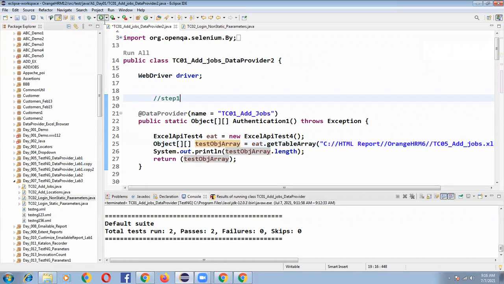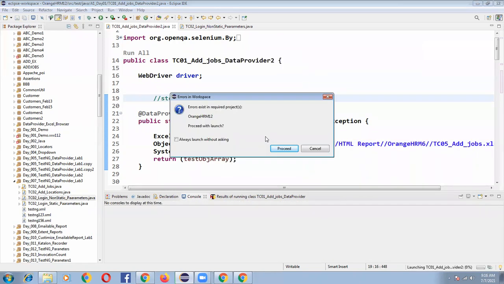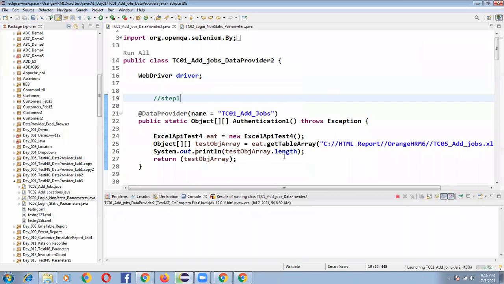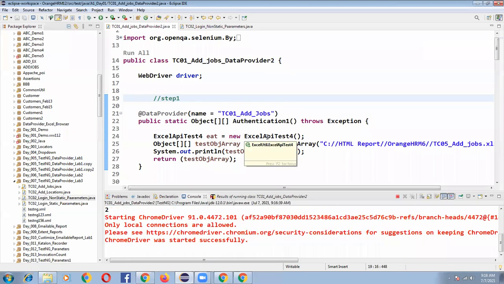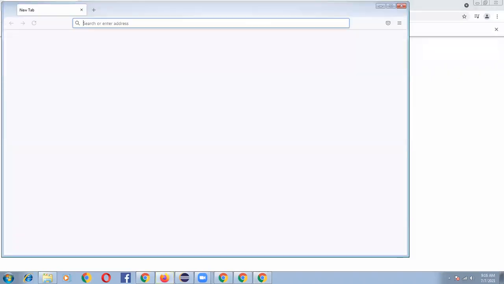So now let me run my program. One second.